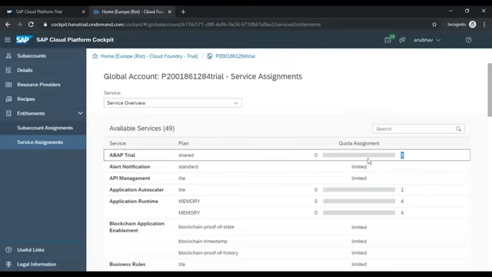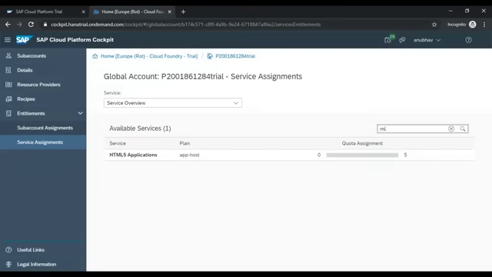So now you see we have only one instance, which means even if you create 5 sub accounts, how many maximum ABAP trial instances can you create? Even if you create 5 sub accounts, how many maximum ABAP trials can you use? You can use only one, because the total amount of services which SAP is offering you in this trial is max one for ABAP trial. Similarly, let's search for ML